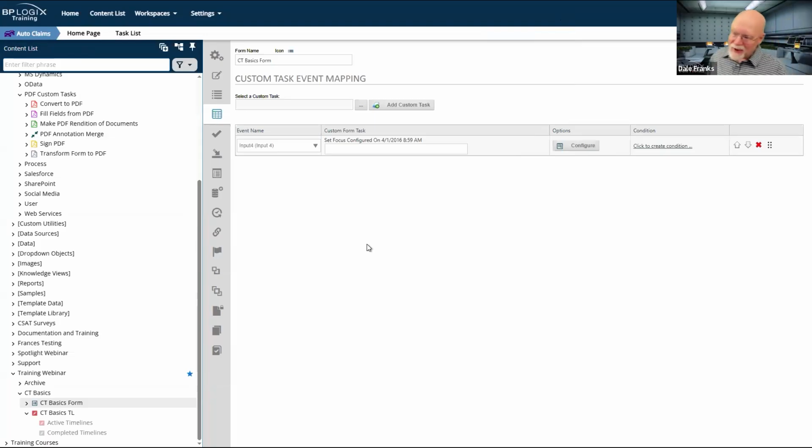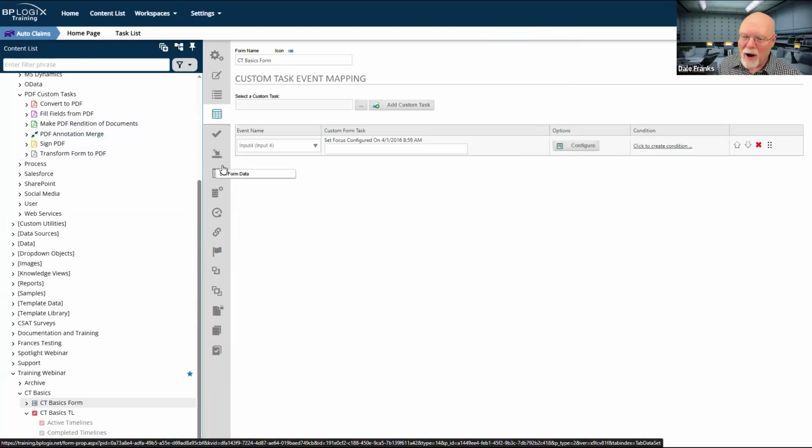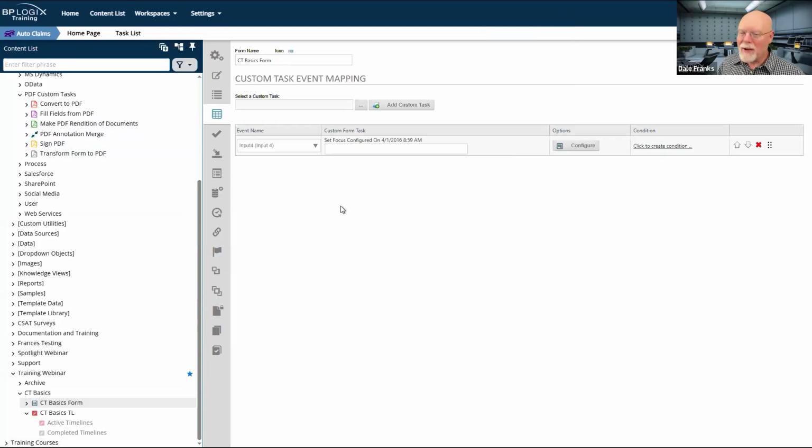I kind of think there should be a set focus tab on the form definition. Oh my goodness, I am an idiot. Why didn't I think of this 5 years ago? Why am I only thinking of it literally right now at this moment? I've got a set form data tab. Makes sense. Don't need the set form data custom task, and I use it a lot. Fill dropdowns, use it all the time. Great. It has a tab on the form.